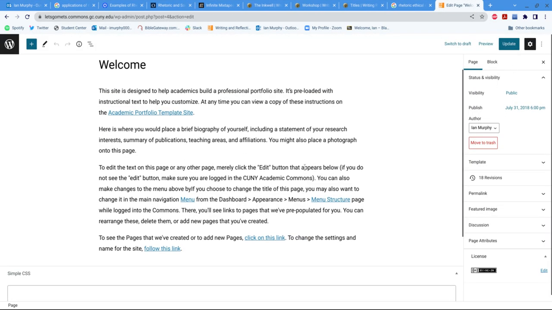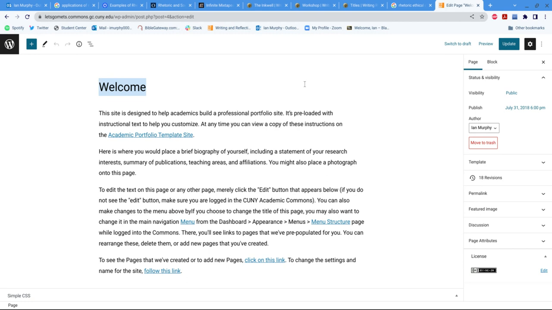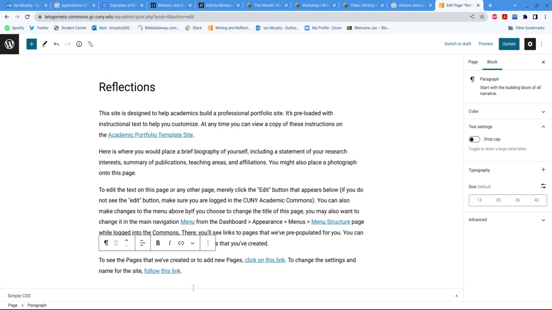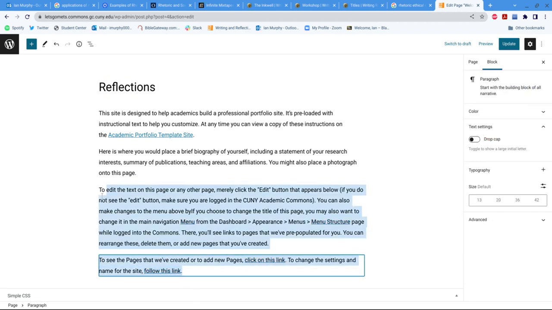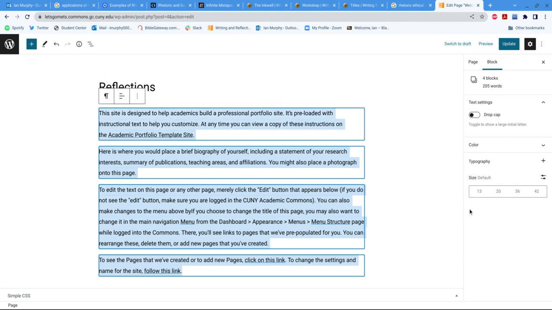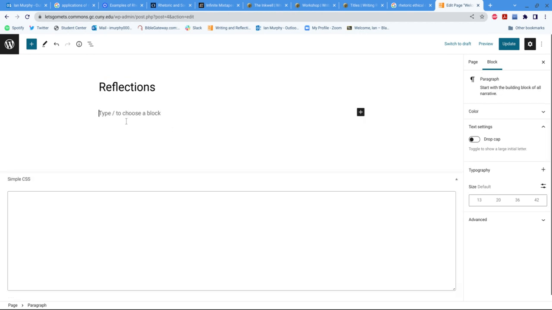Now we know we need to make some changes. So this is not going to be a welcome page. It's going to be a reflections page. So all of this text here, this is not helpful to us. So we're going to delete it. Boom, it's gone. So here now, you can just copy and paste in any content that you want to go here. So I don't have a reflection on hand that I can paste in to show you, but just say